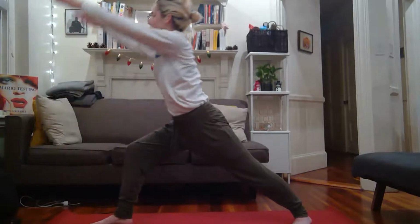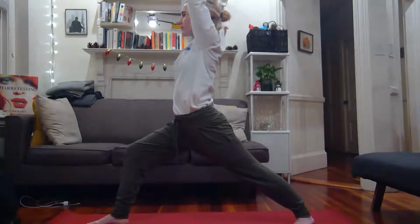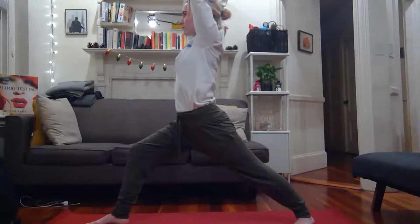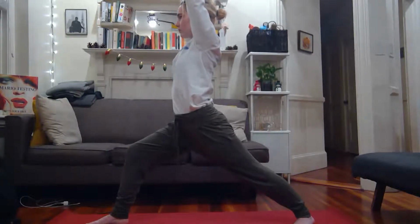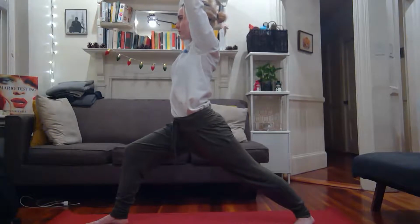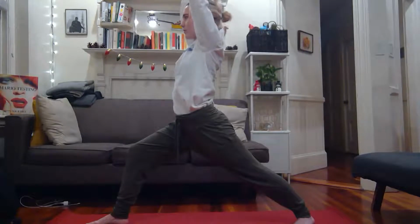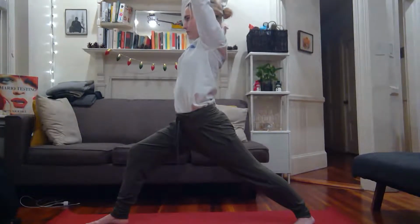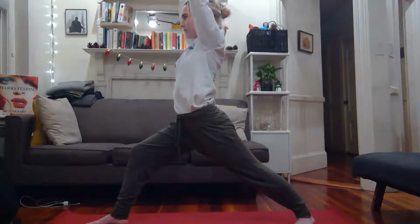Inhale, we're going to reach up, come to warrior one. Our shoulders and our hips are both facing forward. 5 breaths here. 1, 2, 3, 4, 5. Inhale, we're going to come forward, twist to the side, step our back foot out just a little bit,